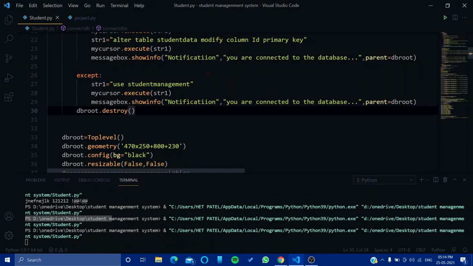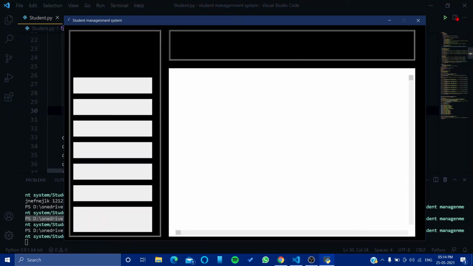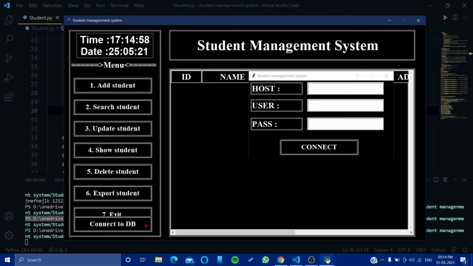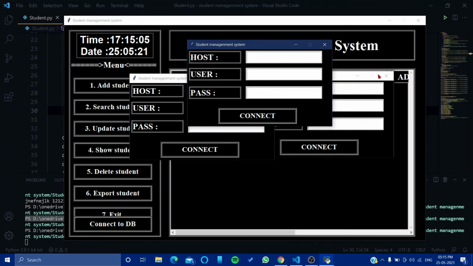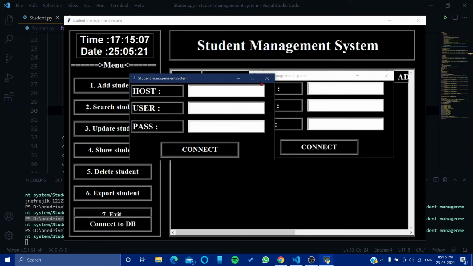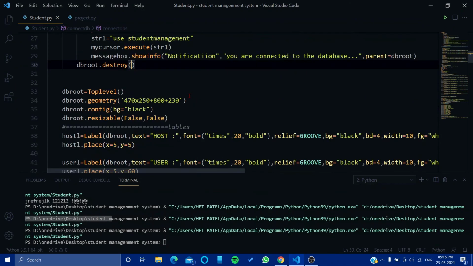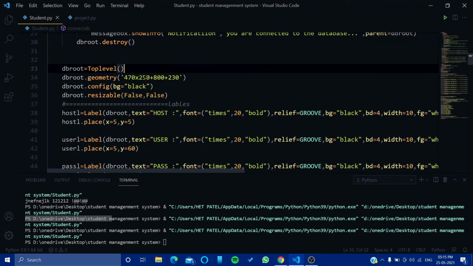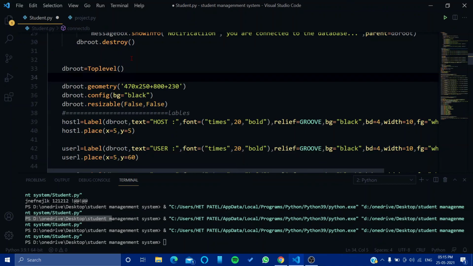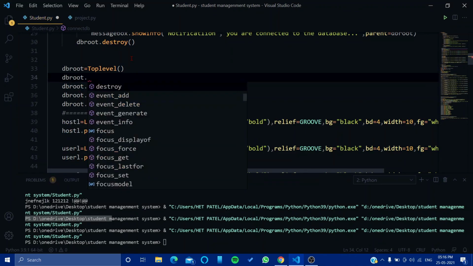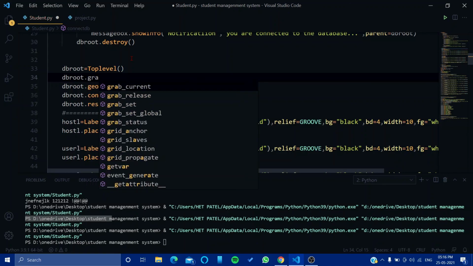So it is good. And now what we have to do is fix this small error. You can see that when we connect to the database one time, then another time, then many windows will open. So we don't want this. There is a command for this, so we will add it: db.root dot grab set.